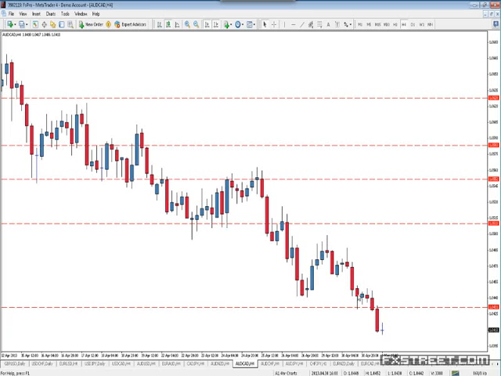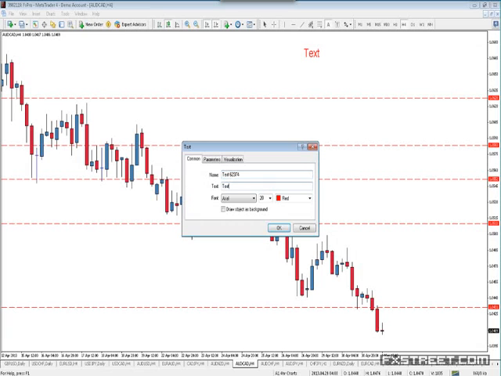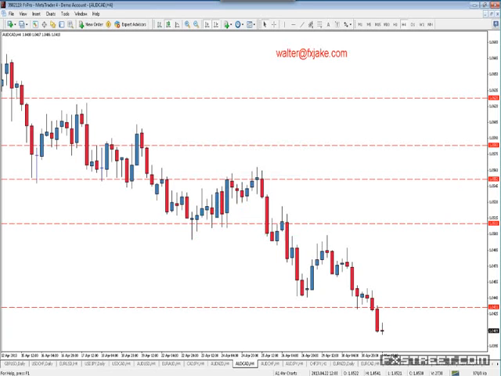If you want the kangaroo tail book, you can email me, walter@fxjake.com, and I'll send you the book. There it is on the chart. The idea here, though, is that the close was too low, basically. If it were a higher close, it would have been a nicer looking kangaroo tail, because we had a recent